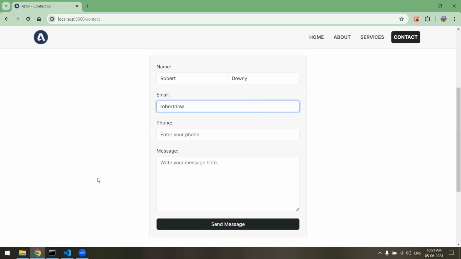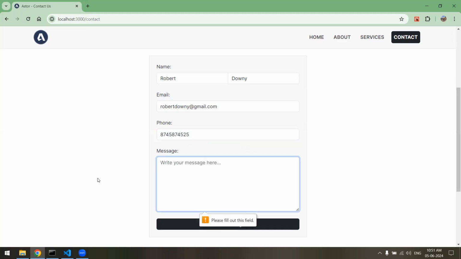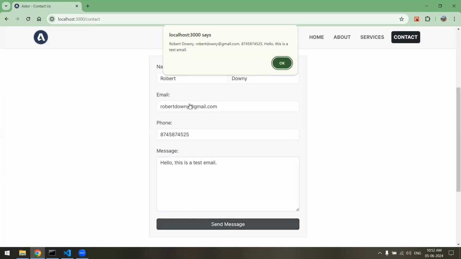Robert Downey, robertdowney@gmail.com, 123. And hello, this is a test email. And we'll click on the send button. So we have got the data over here, Robert Downey, and we have got the entire form data